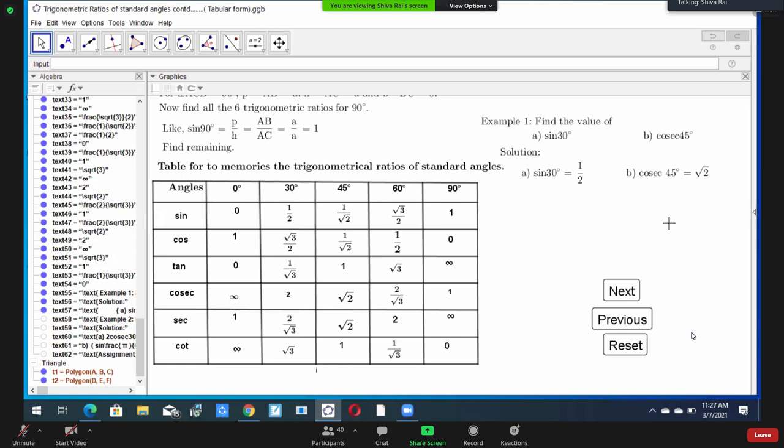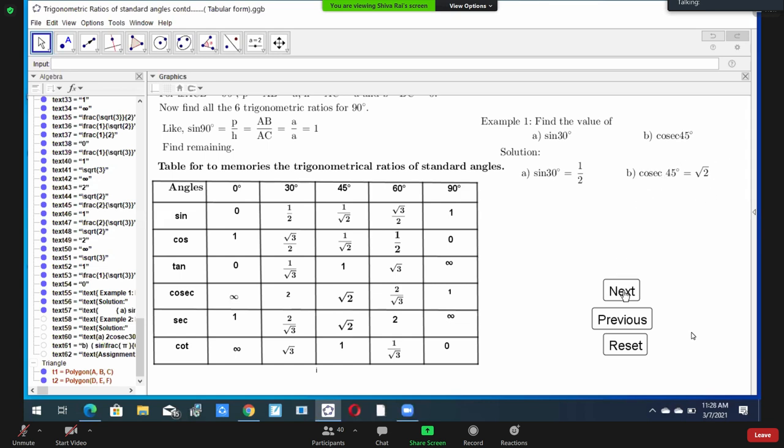But this is the beginning. So directly we can put the value. But after that, we have to simplify. That type of problem also comes. Now cosec 45 degree, you look here, equal to root 2. So here we are writing root 2. If you don't know, then what to write here? We cannot write blindly. If we write blindly here, it becomes wrong. So we have to write the values correctly. Then we get the correct answer.